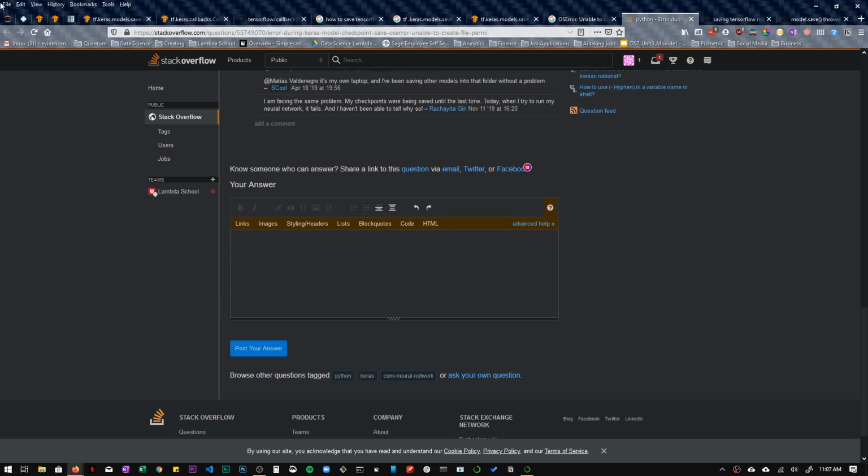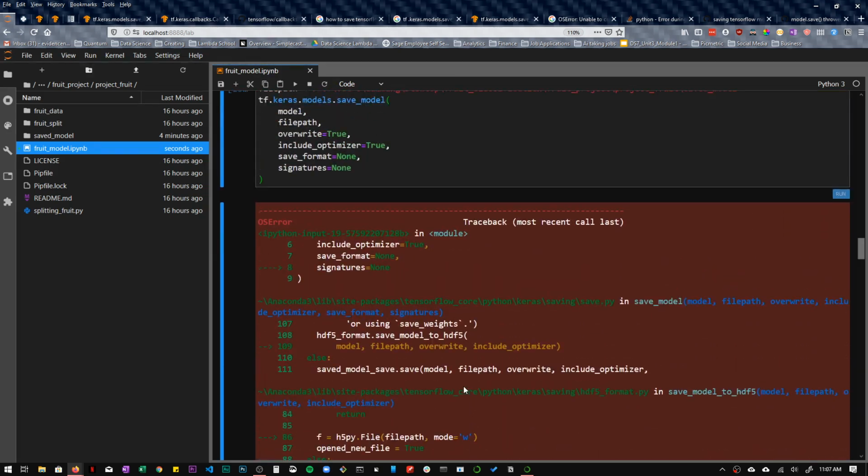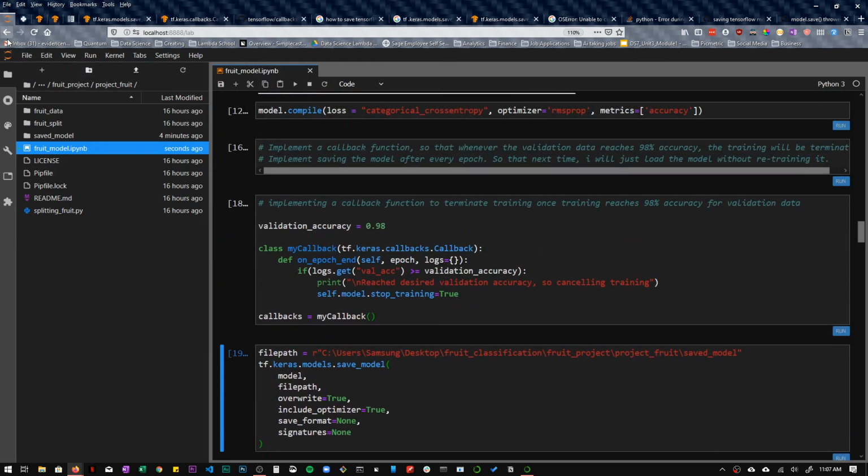Alright, so I don't know what's going on. Let me just go ahead and shut down my kernel and try this again because I don't know what's causing this problem and nobody on the internet is helping right now.